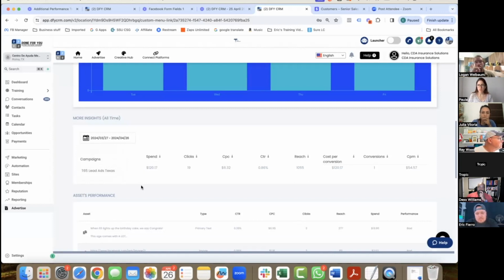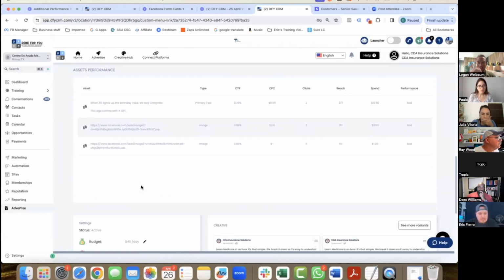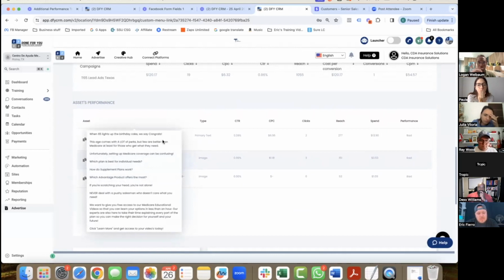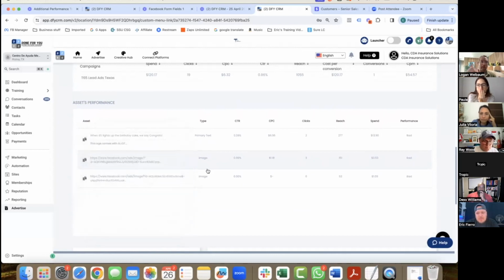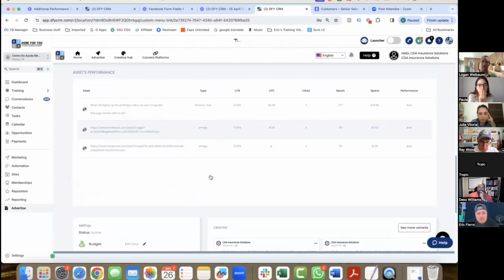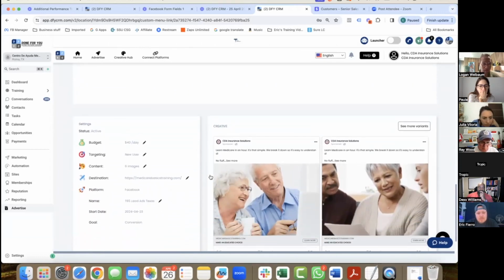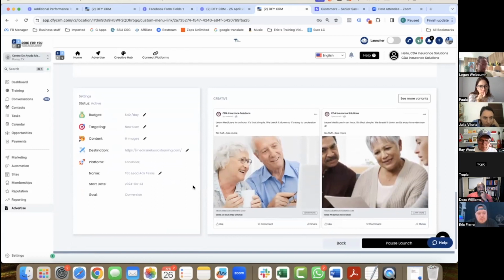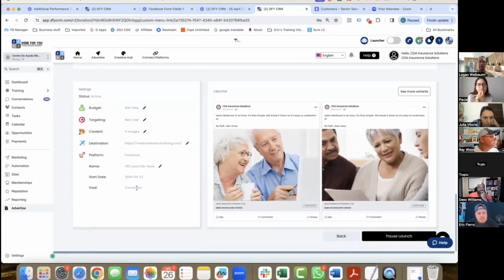Can you scroll down a little bit, all the way to the bottom? The other thing I noticed is that we have like 16 variations, but it's only giving me data on a couple of pictures and one ad copy. It'll start loading it up. It just needs more data for this one. This was created two days ago, and they will all eventually show.